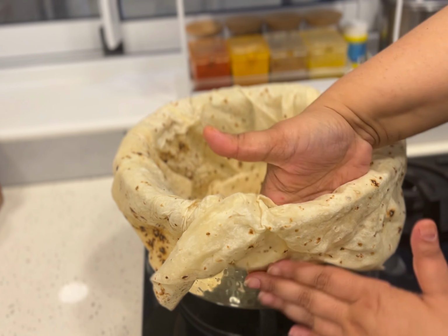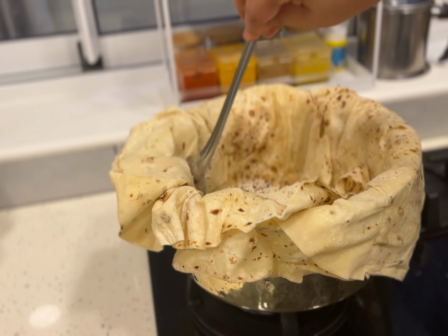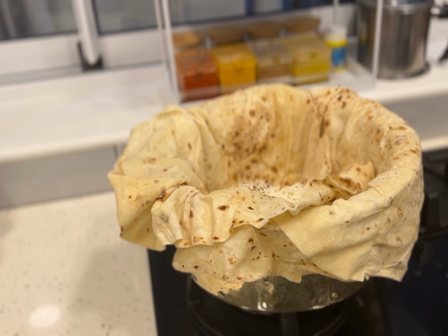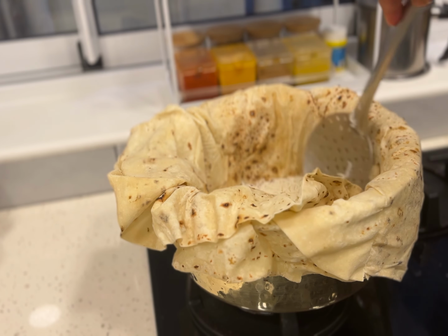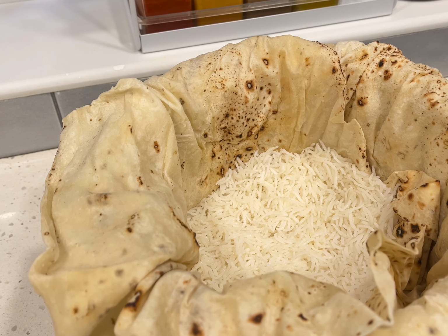The bottom has to be as hefty as possible because this is what comes in closest contact to the flame. Use the flat back of your ladle to press the sides together so that they don't tear. Now fill half the rice into the bottom of the dish. Press it down so that it is as flat as possible and it gets into all the nooks